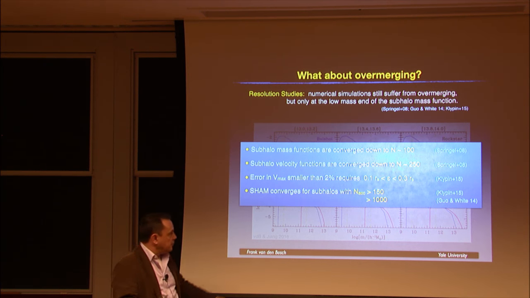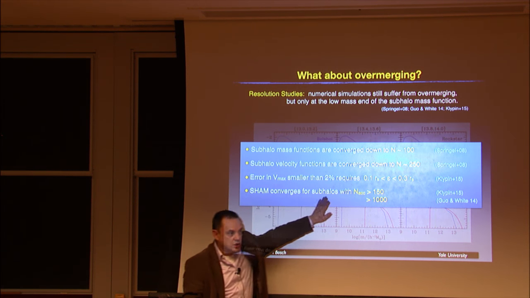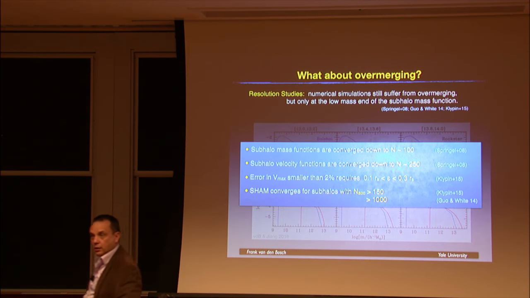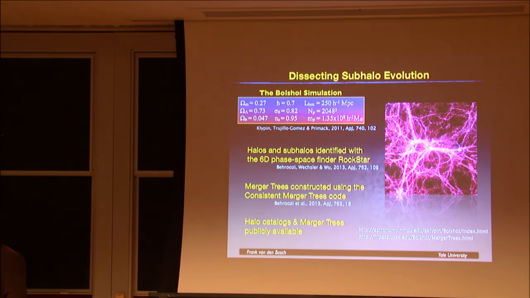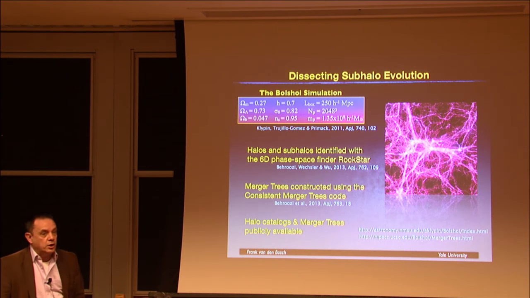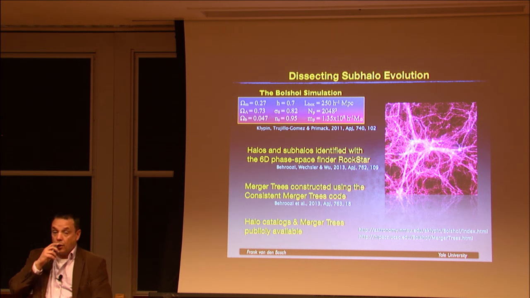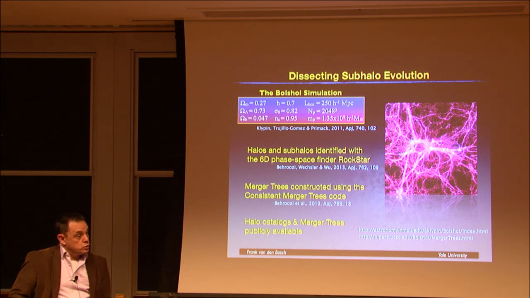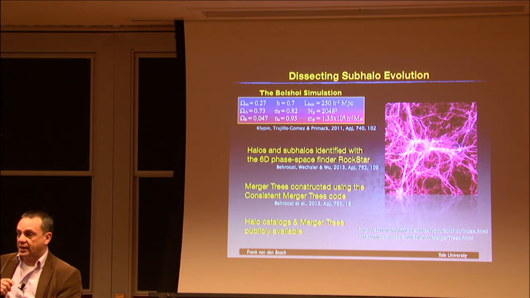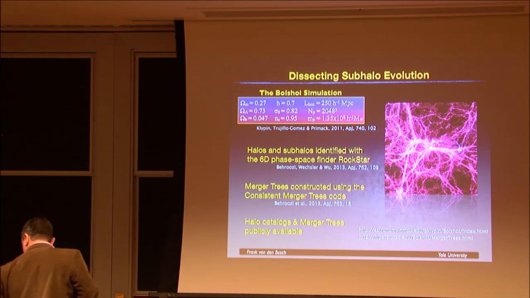Hundreds and hundreds of people have written on this subhalo abundance matching, and they're using these halos to make predictions for the clustering and to constrain cosmology, and God knows what else. So I decided I want to understand this a little bit better. I want to understand how well we can actually understand subhalo evolution. And I started to study subhalos in an existing simulation, in particular the Bolshoi simulation.